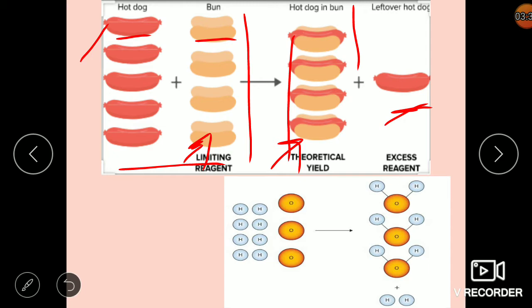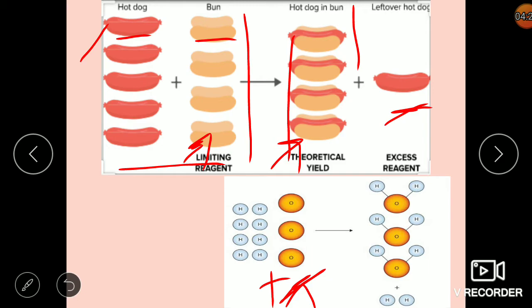In the same way, if you want to prepare water, then you need hydrogen and oxygen. So if you have 3 oxygen and 8 hydrogen, then how many water can you prepare? You can prepare only 3 molecules of water, each comprising 2 hydrogen and 1 oxygen, and you will get 2 hydrogen extra. So the number of molecules or moles of water prepared will depend on the minimum number of the reactant. In this reaction you have hydrogen plus oxygen, so it depends on the minimum number of the element, that is oxygen here. And the extra will be in excess, it will come out as byproduct.